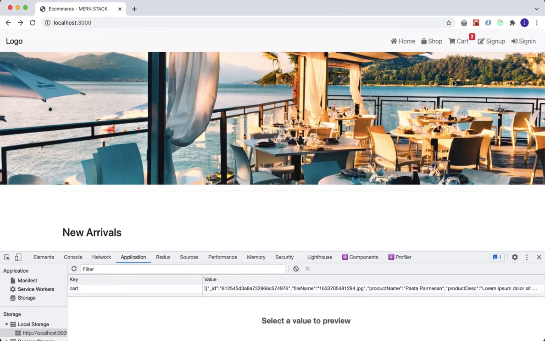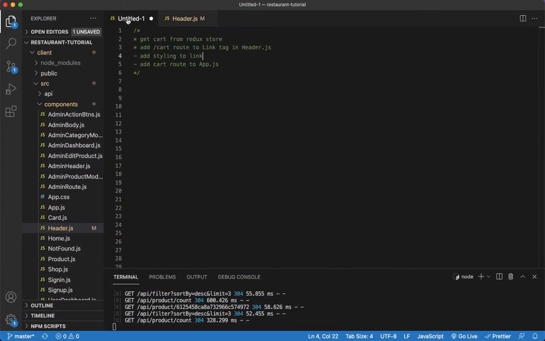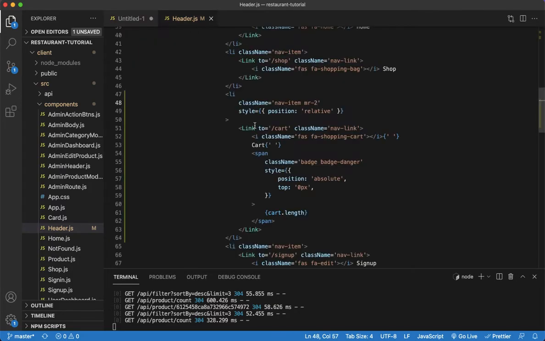So now we made use of the cart items from our Redux and local storage, by displaying the number of items here in our navigation for the cart. But also, let's see here. So we added the styling. So we had one part here. We actually want to be able to navigate to the cart page here. So what I'm going to do here is